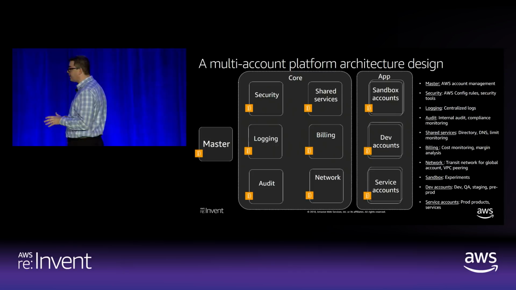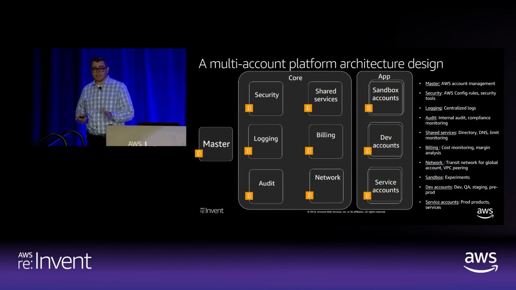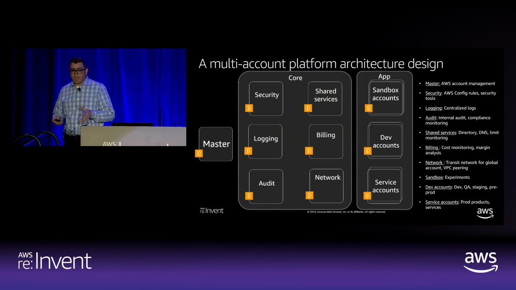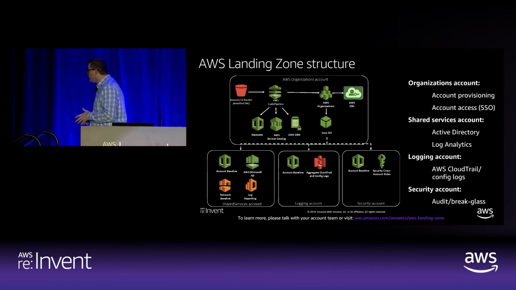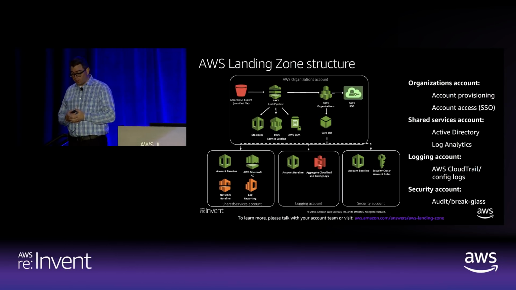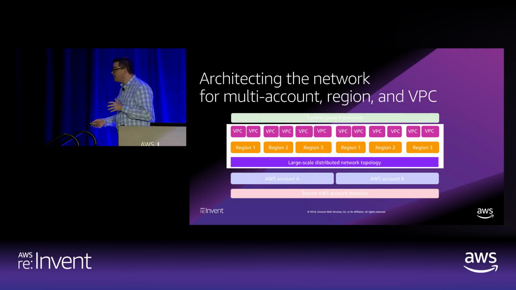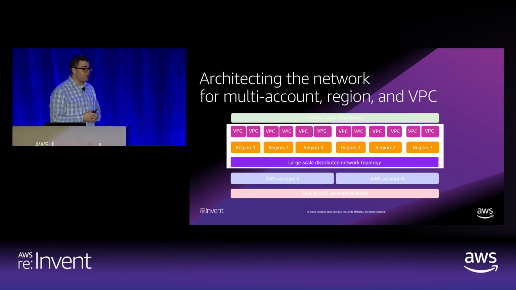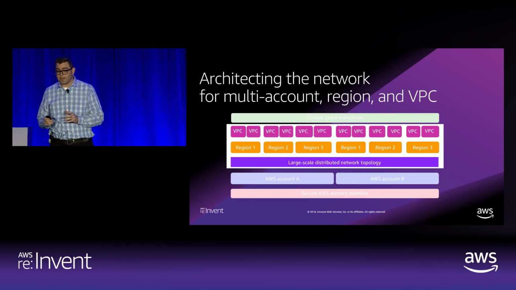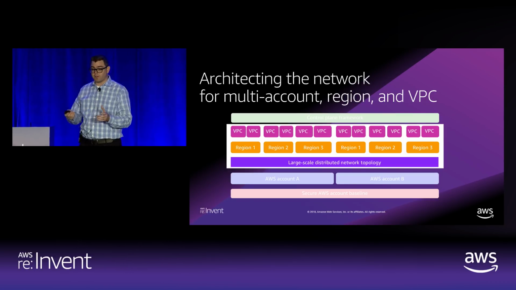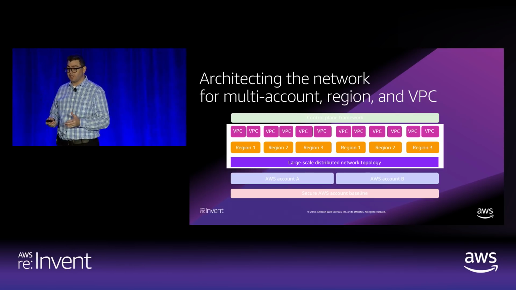But ultimately, this best practice can be implemented based on your design patterns. And it's just kind of an example to demonstrate why you would want to do things a certain way. So the landing zone structure is a little different because you now heard of our new service that we released. And I want to talk a little bit about the network design. The reason why I want to talk about the network design is because, to me, fundamentally, if you don't have a wide distributed network that allows you to distribute workloads, if they're a relational database per customer, then you don't have a global delivery mechanism to deliver these workloads.